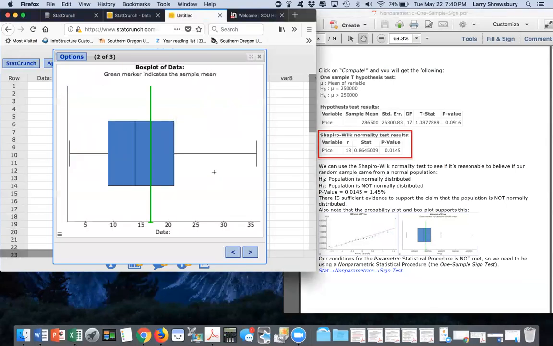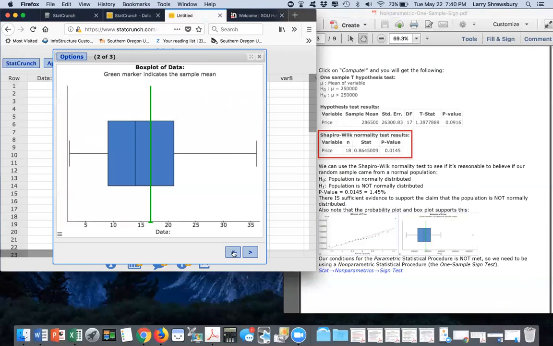Hey, there's no outliers. We got no skew, no outliers. It actually is okay for us to believe that this came from a normal population. We actually get to use our first choice on this. So on this homework problem, because the conditions are met, and be sure and show your work, show a picture